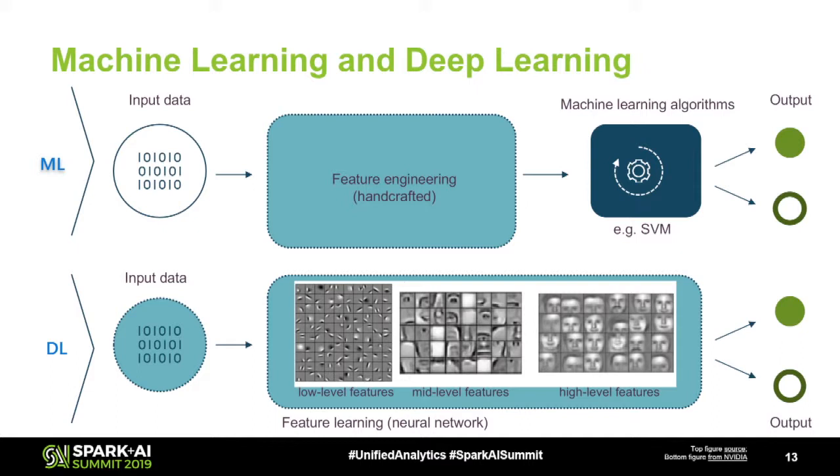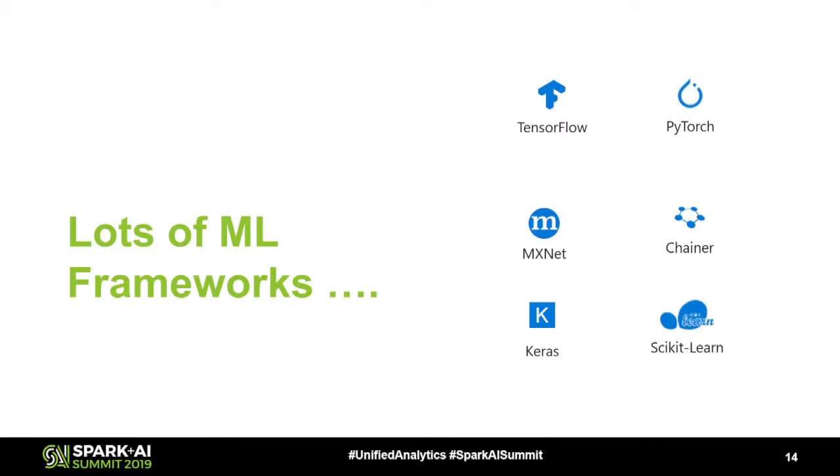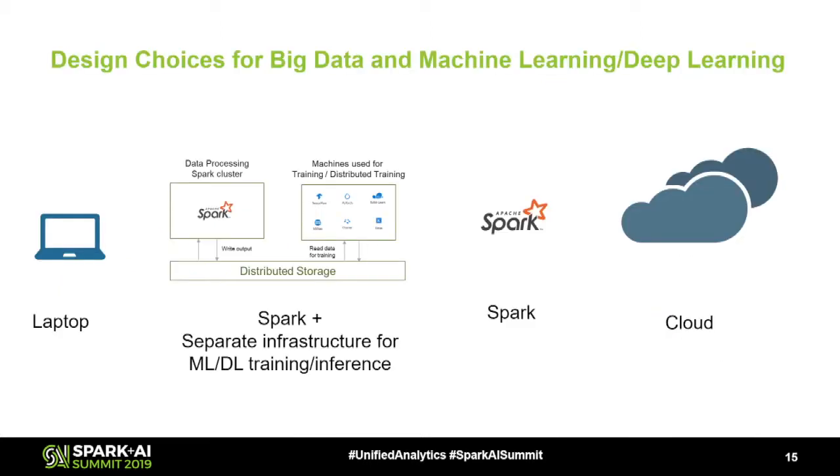And so if you look at it, I'm not going to go too much into the details for this. This is essentially the difference between machine learning and deep learning in one slide. Not the best slide, it's not meant to be exhaustive. But the point is, today, using an infrastructure like Apache Spark, you are now able to do both big data, machine learning, and deep learning workload at scale. And so things you have to grapple with as a data scientist is, well, you could be using TensorFlow, you could be using PyTorch, you could be using any of these libraries that are out there. And so if you put all this together, the design choice that you have to grapple with when thinking about evolving your infrastructure is the following.